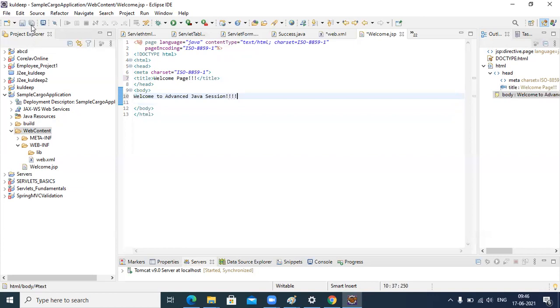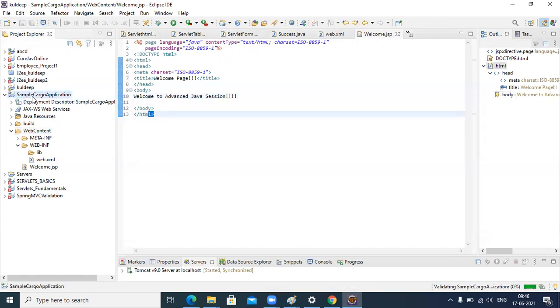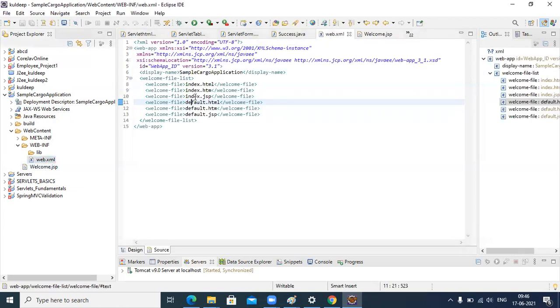Okay, so this is a simple JSP page that we have created. Now let us run this application. I have created a sample J2EE web project, and I have created a sample JSP file, welcome.jsp. Now I have to configure this in web.xml.